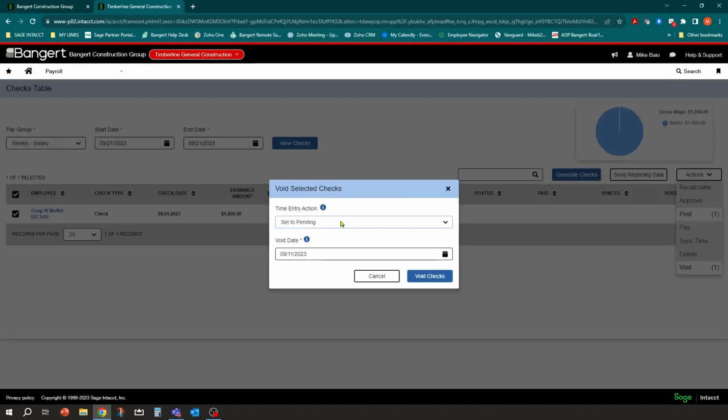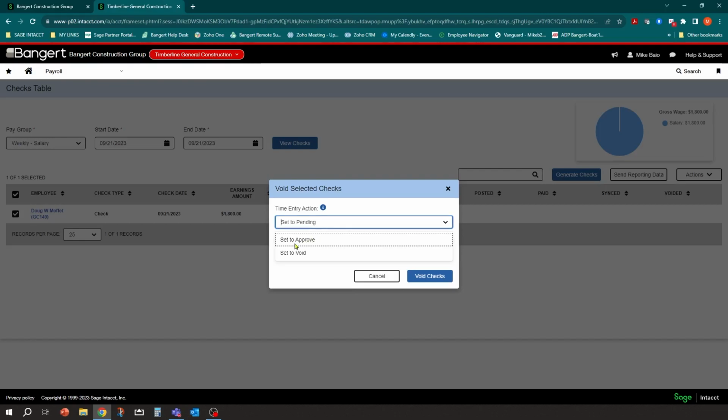It's not going to create any general ledger entries or anything like that because we haven't posted it yet. So I can do the same thing I did on that delete earlier. I can come in and put the time back to pending, put the time back to void, or put the time to approve. So notice what you can't do at this point is delete the record, delete the time. So somebody approved this check. So the theory here is, look, somebody wanted this check, it's good. So if we do any editing, we want an audit trail of the edit at this point.